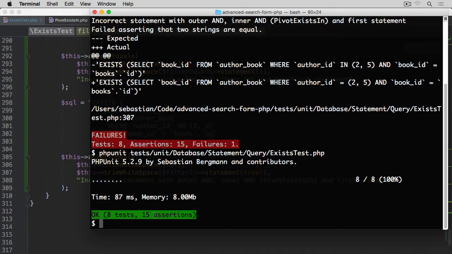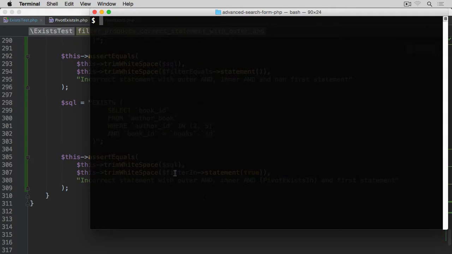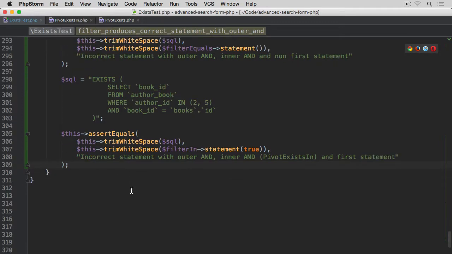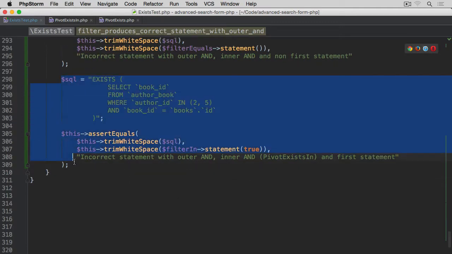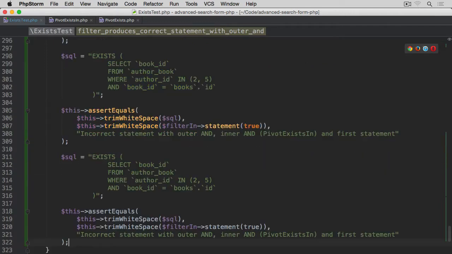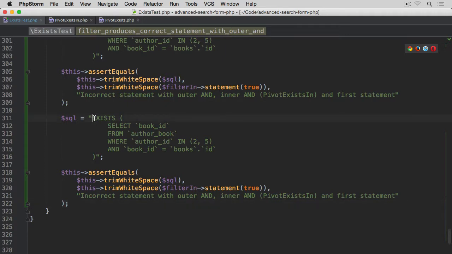And there we go, 8 tests, 15 assertions, all of which are passing. That's great. Okay, now another one that we're going to run: I'm going to copy the entire thing, so this expectation together with this assertion. Let's paste it under, and this time we're going to say "and exists", and then everything else stays exactly the